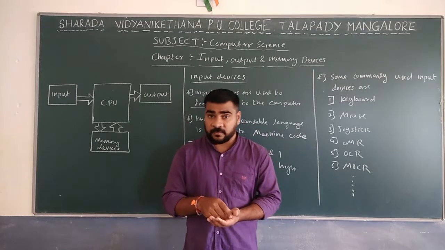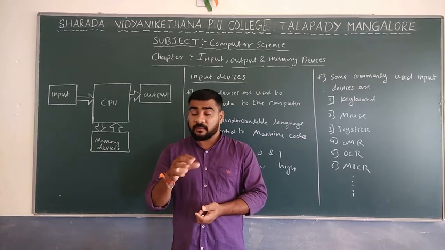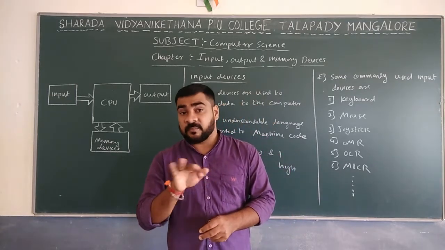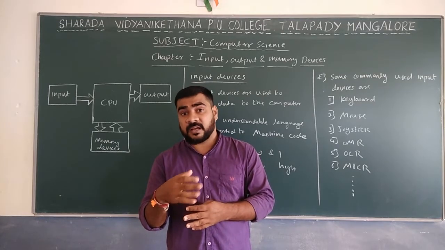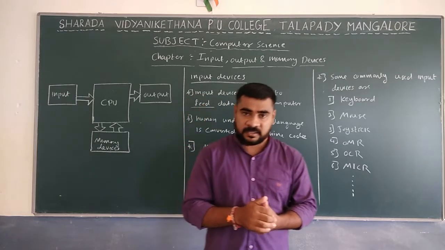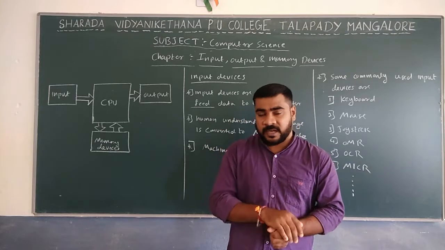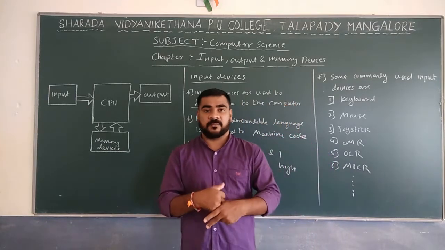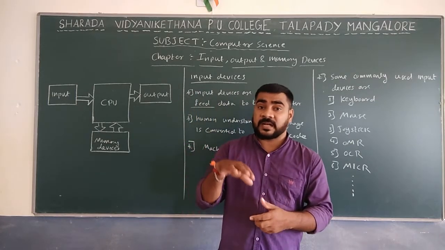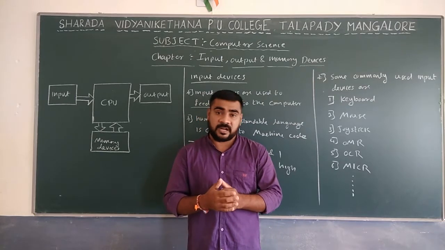In the case of input devices such as a keyboard, normally you type some data that is understood by us. We can understand A; if you type A, B, C, D, you can type the characters. Or if you type add two numbers, for example 2 plus 5, that is human understandable form. A human can understand the data in it. That we are going to convert into machine understandable language.